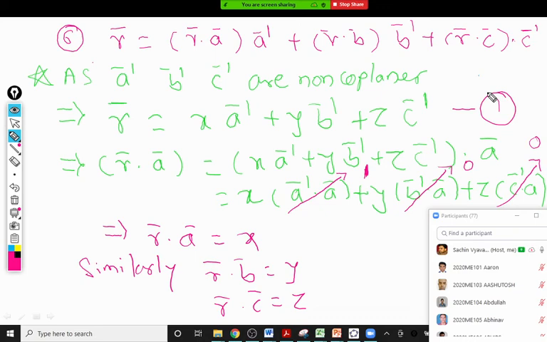The proof is very simple, provided you recall that property. The property is: given three non-coplanar vectors, the fourth vector can be written as a linear combination of them. The same property holds for 2D also: given two non-collinear vectors, the third vector in that same plane can be written as a linear combination of them. That is for 2D, but it is not required here; we only use 3D. Is that clear? Any doubt?